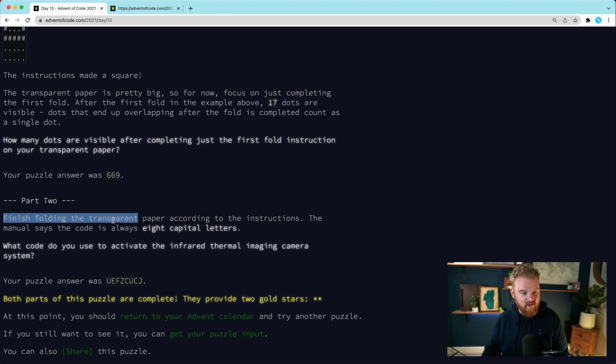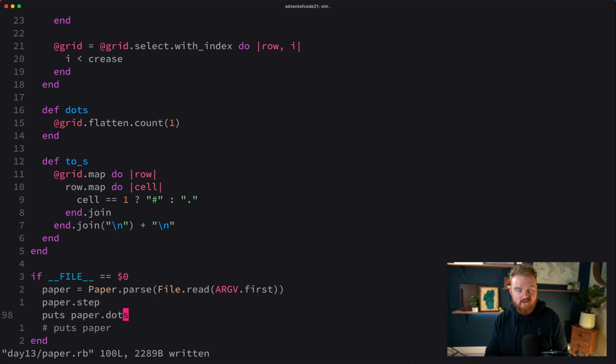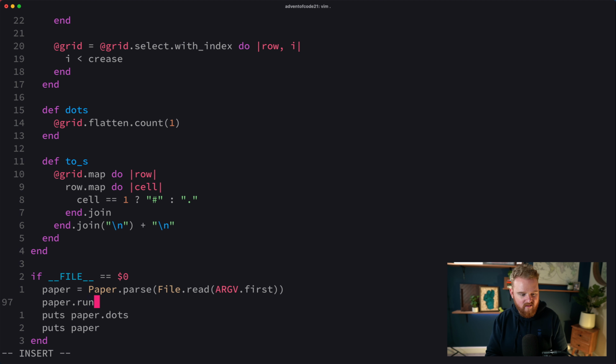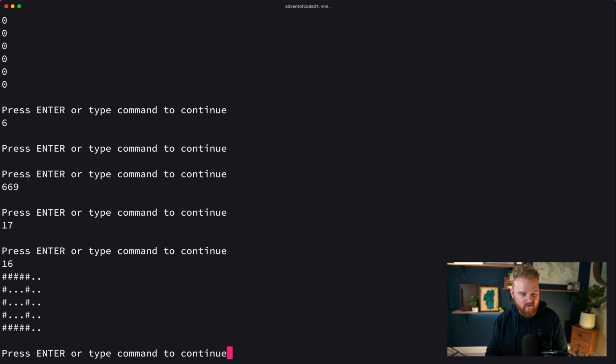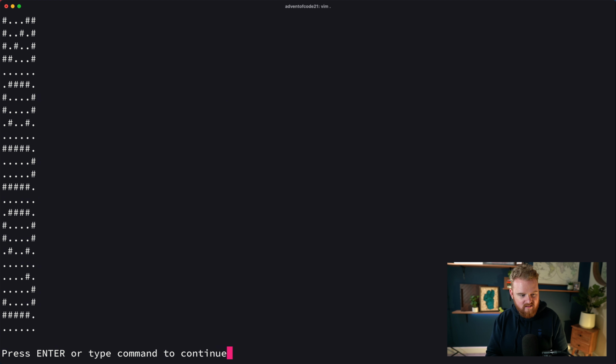Awesome. So part 2, finish folding the transparent paper according to the instructions. The manual says the code is always 8 capital letters. So, this one is a little interesting. It's basically just like print out the ultimate grid, and then hopefully you can read it. So let's try to do that here. And then instead of step, I guess we want to run it, run, and then print out. Okay, so that is the example input. And then for our input, we get this,